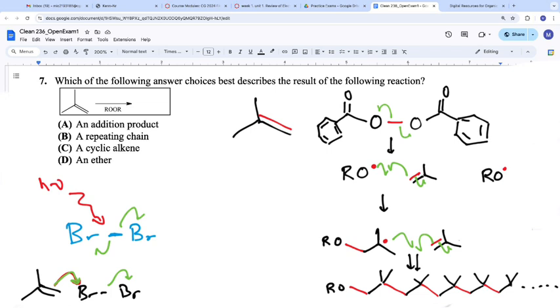A repeating chain. What is a repeating chain oftentimes known as? And this is a polymer. We're talking about polymer chemistry here. Okay. It is something we will talk about again later on in the semester, but this is kind of the first-ish case where we talk about polymers. This is a radical polymerization, okay, in this particular fashion. And what we're talking about is reacting out our alkenes to generate this product.